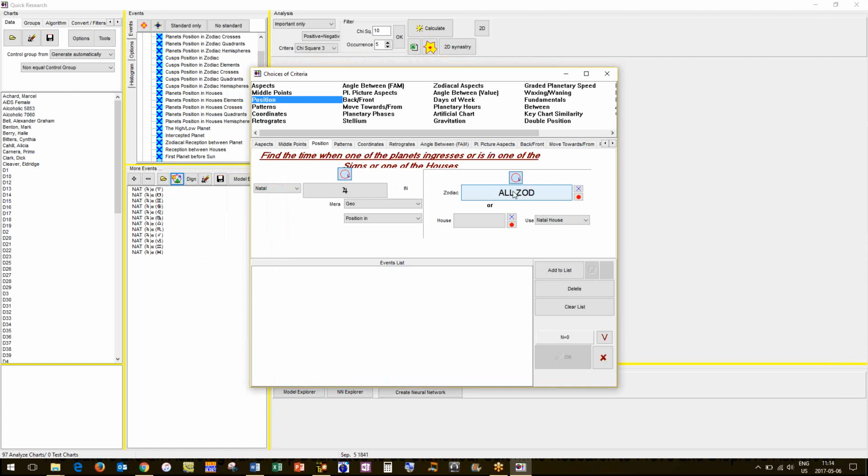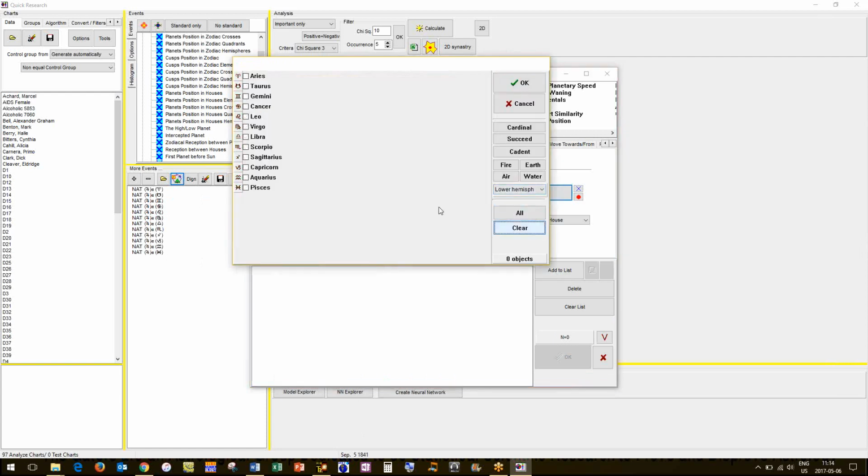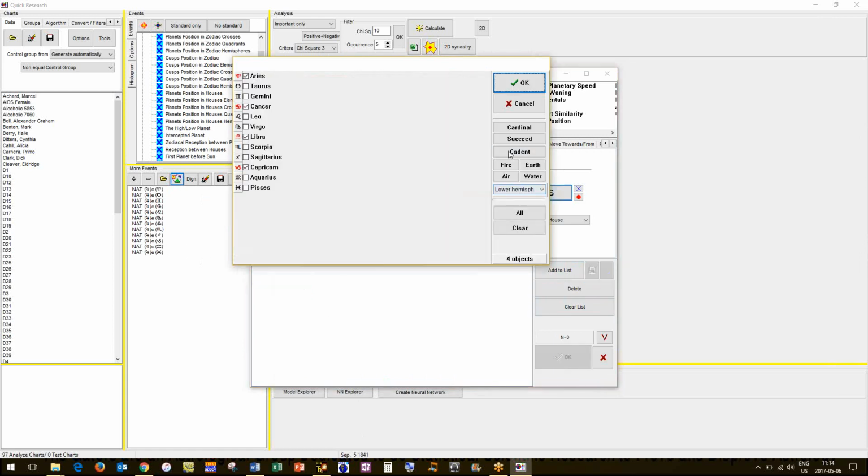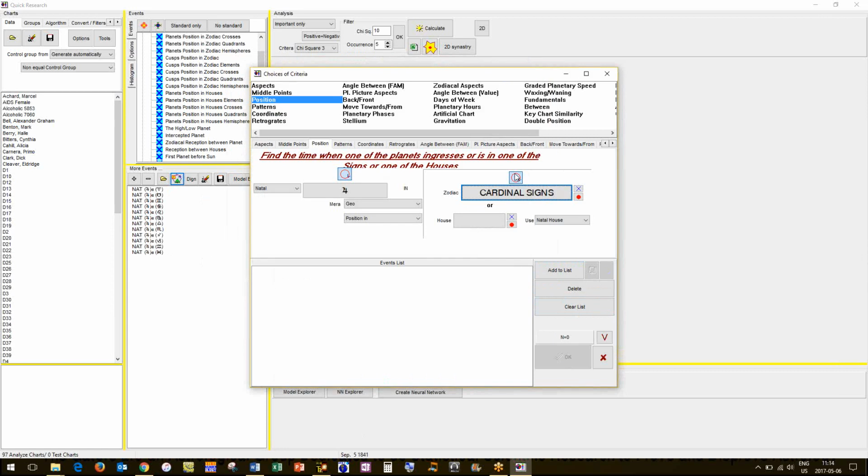Now, there's other things that we can do here. If we're checking signs, maybe cardinal signs might be important. So here, if we do it this way without clicking that, you'll see that it just puts them down there, but we've already got these down here. So clear the list. Okay, cardinal signs are selected.